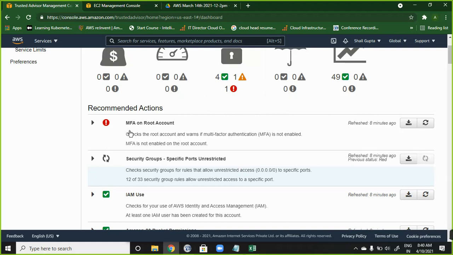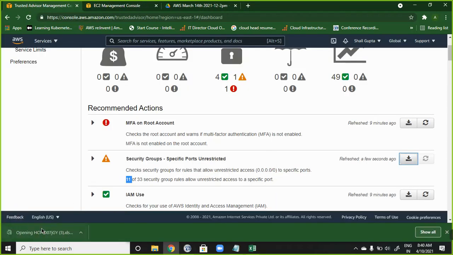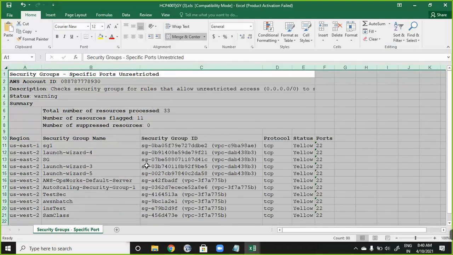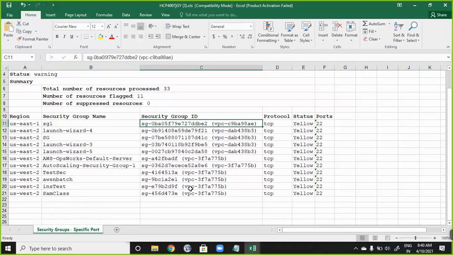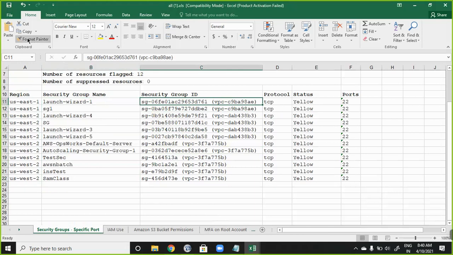Meanwhile, it is refreshing. This MFA I will teach you in the IAM, when I will teach the identity and access management, right? So now you can see earlier it was 12, now it is 11, right? And if I download this security group only report, then this 3D761 security group will not come here. Can you see that? This is reduced to 11, and this one is not there.